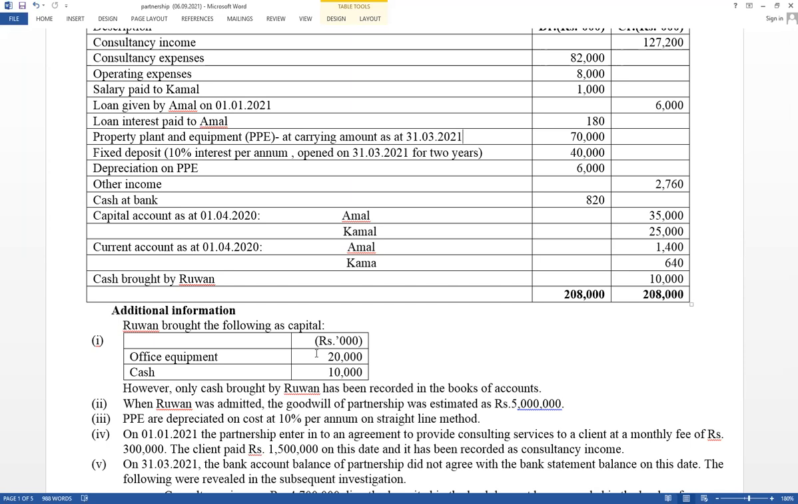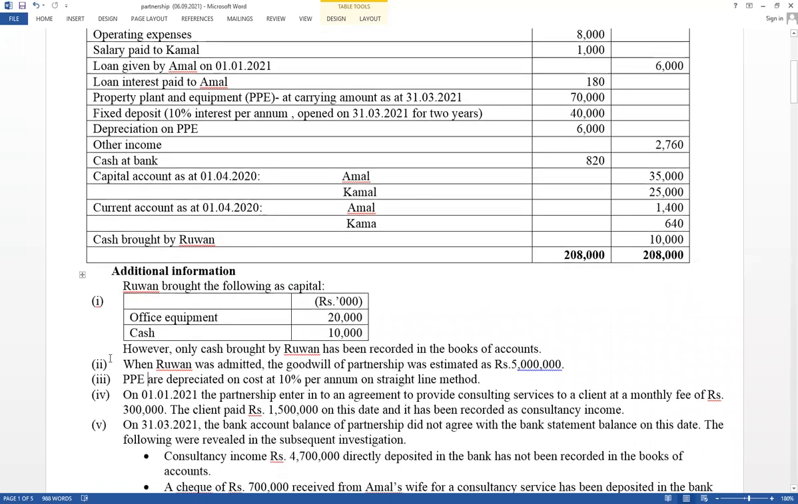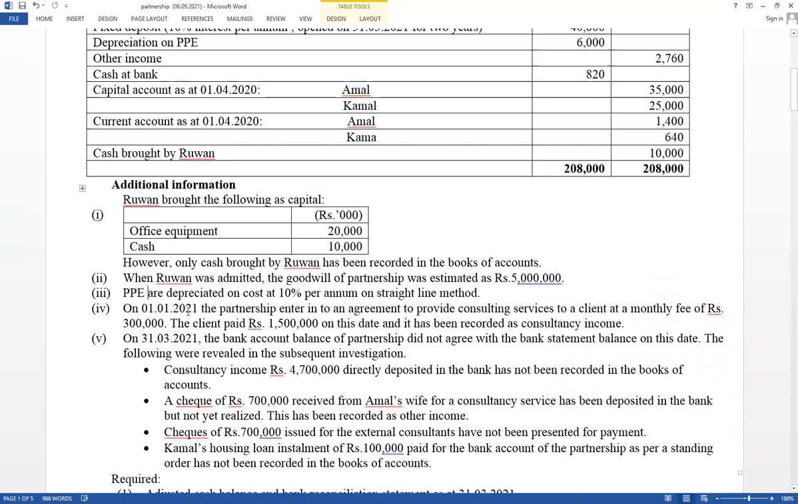Based on matching concepts, if asset use should be depreciated. Therefore, based on office equipment, you have to calculate annual depreciation. All other assets available in the trial balance depreciated. Trial balance it has given depreciation expense accounts. Very, very important. Therefore, first one, second one, third one, relevant for admission part. And next one, fourth one, think about on 1st January 2021. The partnership enter into agreements to provide consultancy service to client at monthly fee